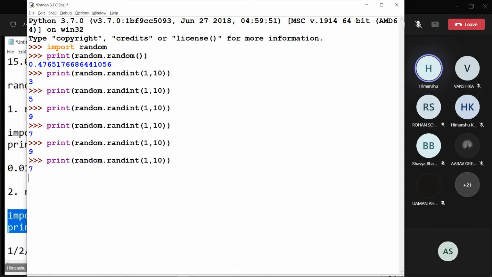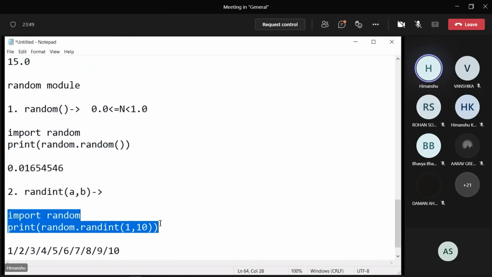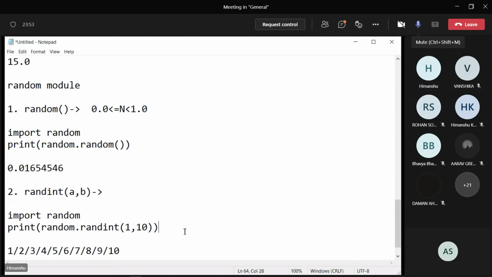Students, is it clear to everyone? No doubts in any of the functions, random and randint? Yes, sir. Clear now? Yes, sir. Great. Now,